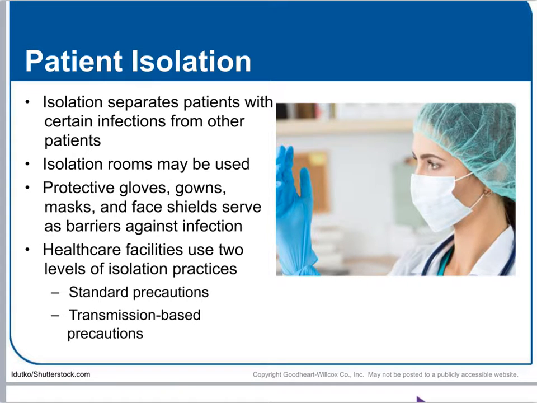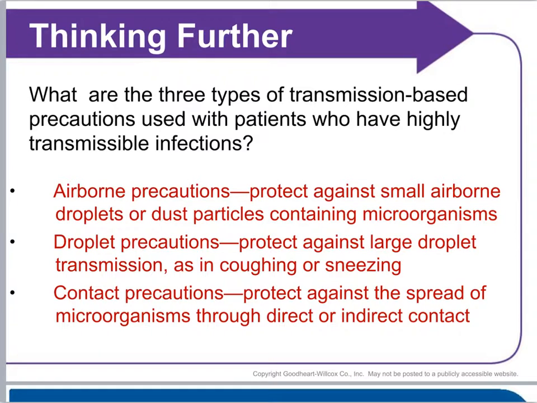So the general difference is standard is the minimum type of infection prevention practices that are used at all times for all patients in all situations. So that's basically just standard of care for minimizing the spread of infection. Transmission-based precautions are those that are used when the standard precautions are not sufficient in stopping the spread of an infectious disease. For example,